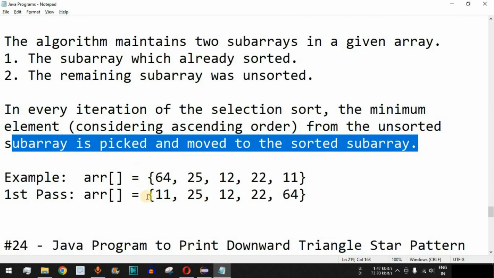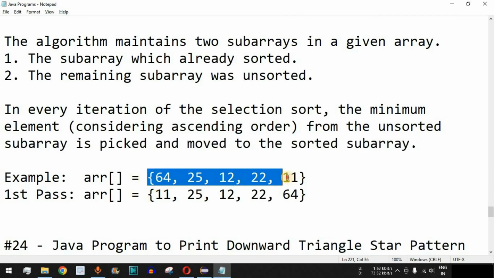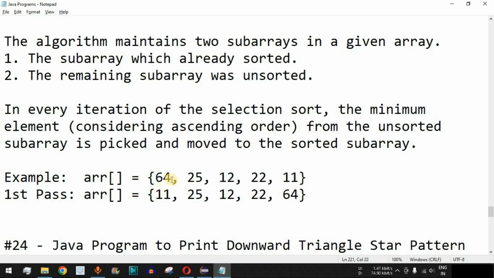So guys, what is the logic over here? Let's say for example, we have this array of elements, that is 64, 25, 12, 22, 11. Basically we are going to fix a pointer to the first element initially, that is 64, and we will compare all the other elements using the inner loop, that is from the second element up to the last element, and check which is the minimum element from all these elements. If there is any minimum element which is less than the first element which was already fixed, then this first element will be replaced by the minimum element. So over here, as you can see, 64 is the first element which is fixed at the first position,